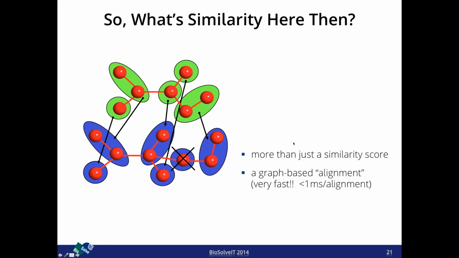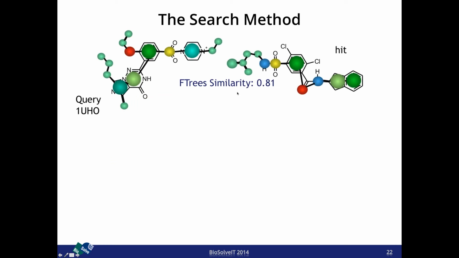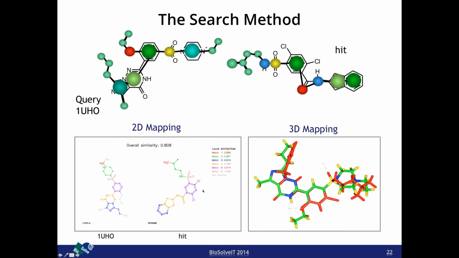It's a graph-based alignment, as mentioned before, so it's well below 1 millisecond per alignment. It's explainable. So how does this actually work? For example, with these two molecules here, well, it's very simple. Underneath, we have these feature trees, which reflect the molecules in terms of an abstract tree description, as we had before. And the overall similarity is essentially the normalized sum of the local similarities,